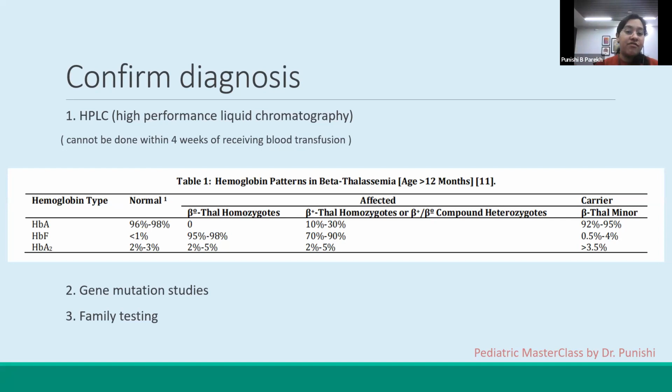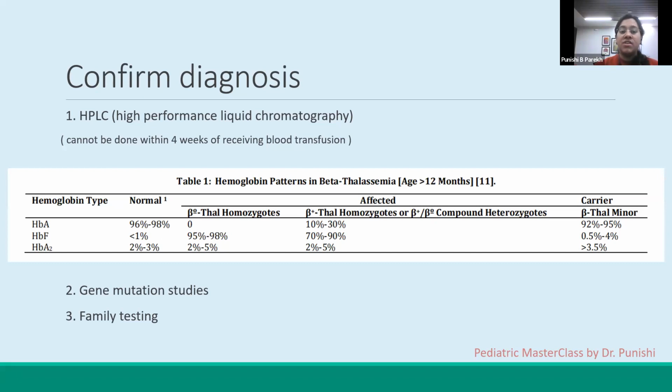So your HbF values go as high as 95 to 98%. And you also have slight elevation in your HbA2. Okay, so usually HbA2 should be less than 3%, but you can see as high as 5% of HbA2 in beta thal majors. Now, if you have beta thal minors or your carriers, in them, the deficiency of beta